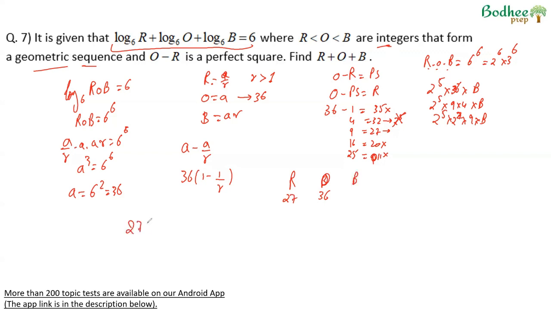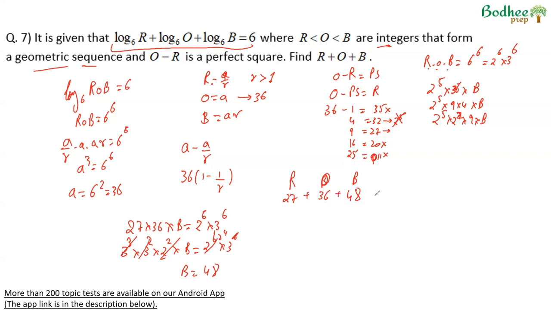We write 27 into 36 into B is equal to 6 raised to power 6, or 2 raised to power 6 into 3 raised to power 6. This becomes 3 cube into 36, which is 9 into 4, 3 square into 2 square, into B is equal to 2 raised to power 6 into 3 raised to power 6. 3 raised to power 3 plus 2 is 5, so 3 remains. 2 raised to power 2 gives us 2 raised to power 4. So B will be 16 into 3, that is 48. Hence, the three values become 27, 36, and 48. Therefore, R plus O plus B will be 48 plus 36, which is 84, plus 27, which is 111, becomes